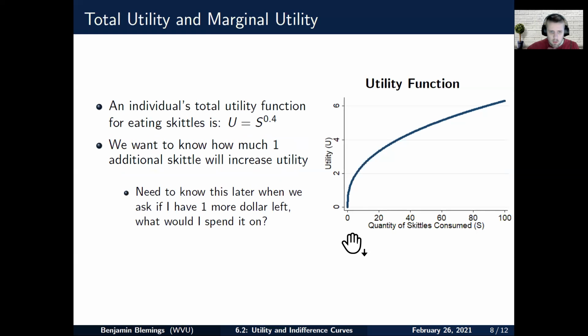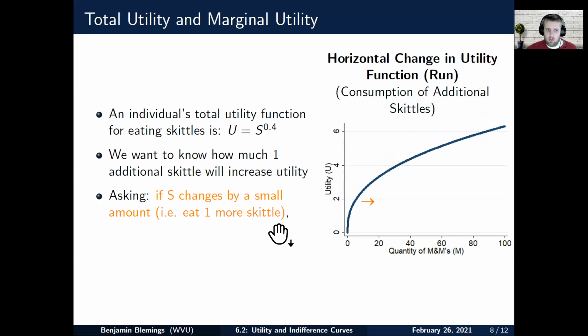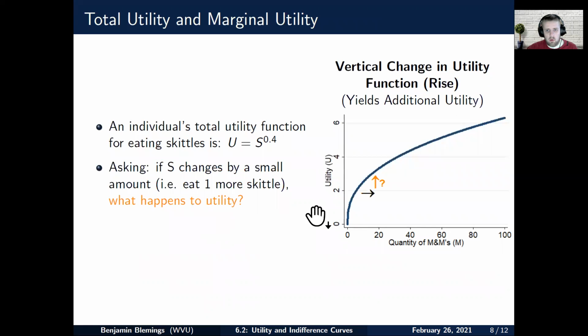All right, we want to know how much marginal utility one additional Skittle will give us. We need to know this later on when, if we have one more dollar left, we need to compare the utility we would get from spending it on a basketball jersey compared to a soccer jersey, or food or clothing, that kind of thing. So we're interested in the marginal utility. We're basically asking, if S changes by a small amount, i.e. you eat one more Skittle, in this case I have it as 10 more Skittles,